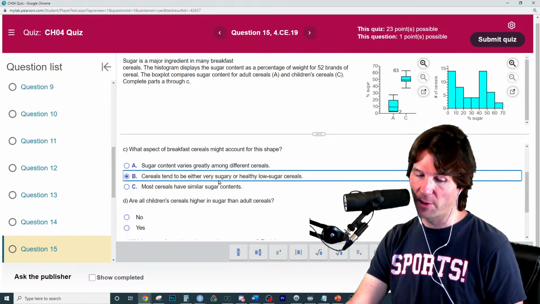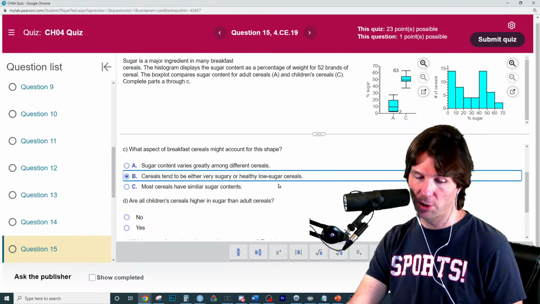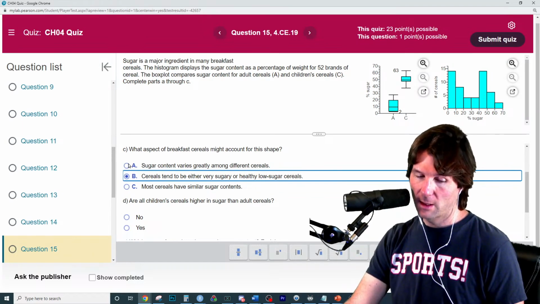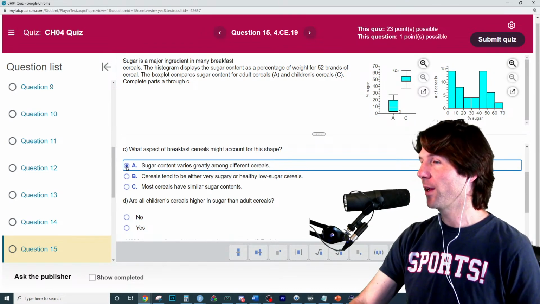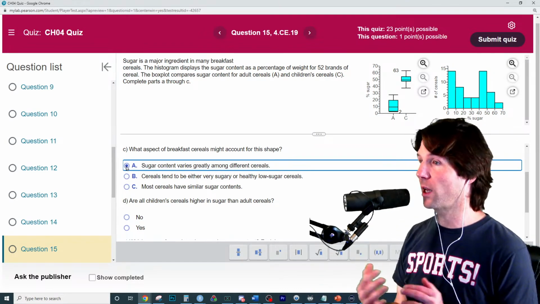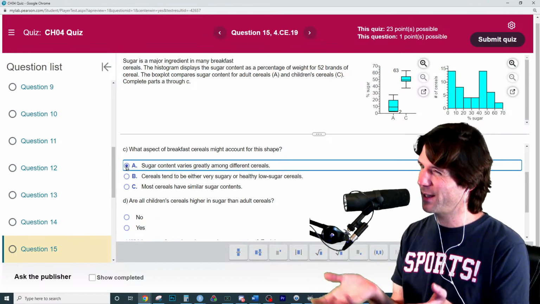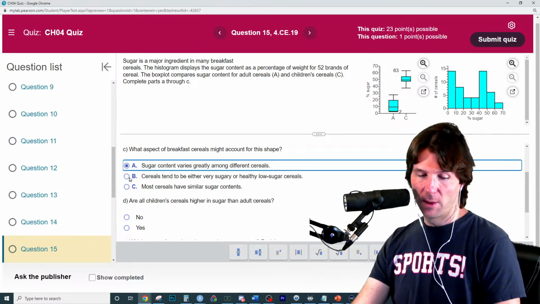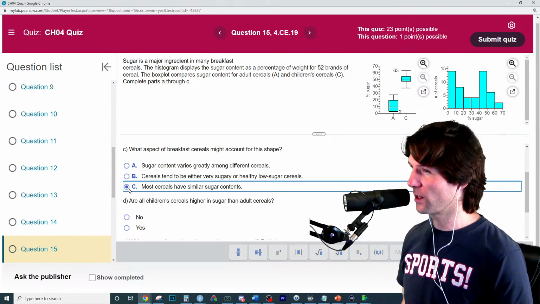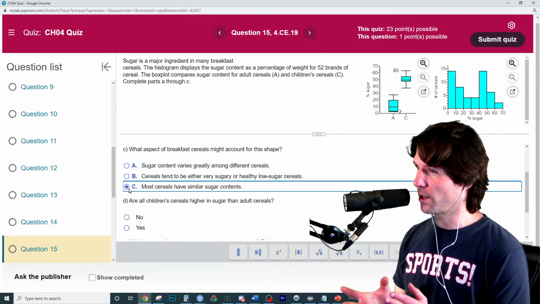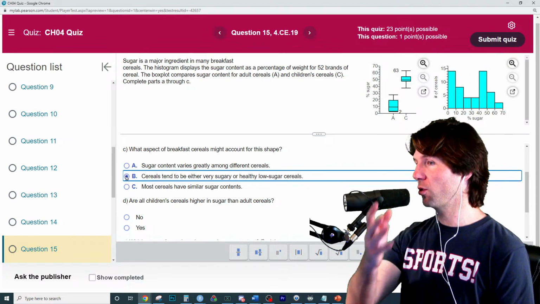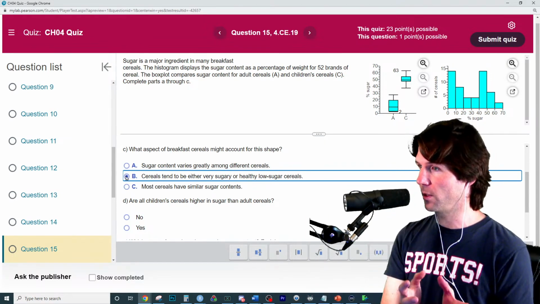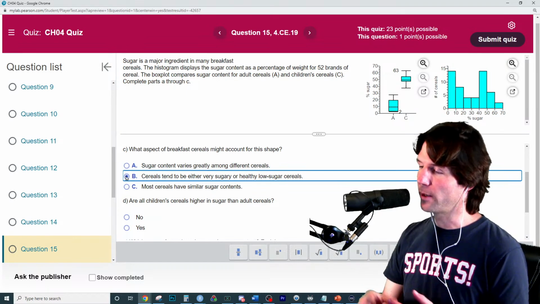Cereals either tend to be very sugary or healthy, low sugar. Yep, this talks to spread. It says sugar contents vary greatly among cereals. That would talk to more spread out data, like there's a lot of variation, so the data has more spread. This data is spread out. Most cereals have similar, that's saying very little spread. So that's what they're trying to say to you right there. Cereals tend to be this or this. That's saying there are two modal areas. Like they either tend to have very little sugar or a lot of sugar, and we kind of classify based